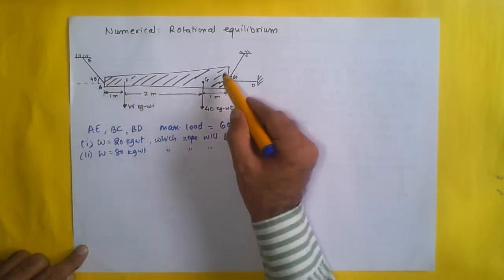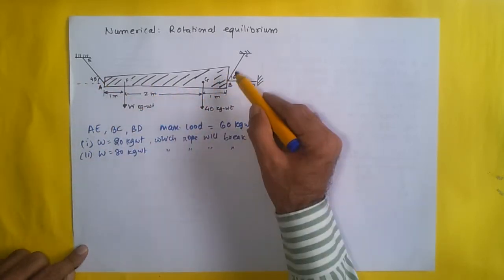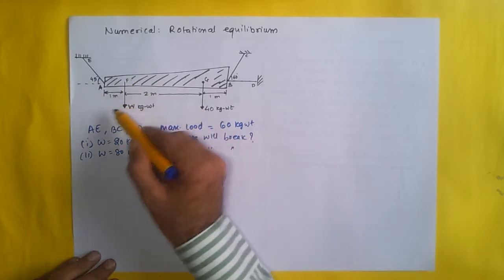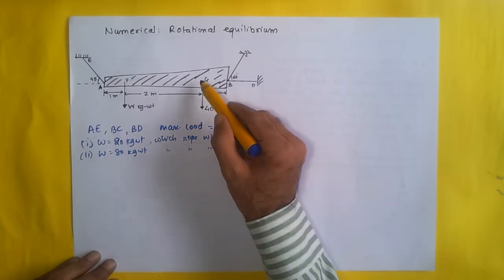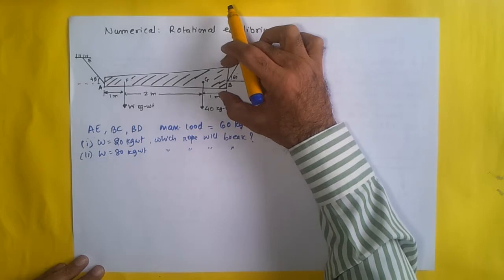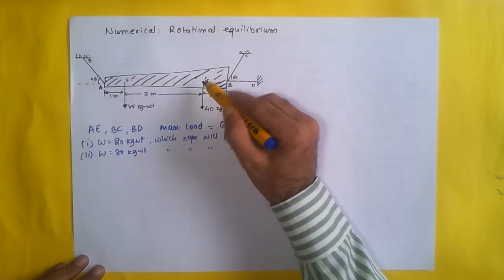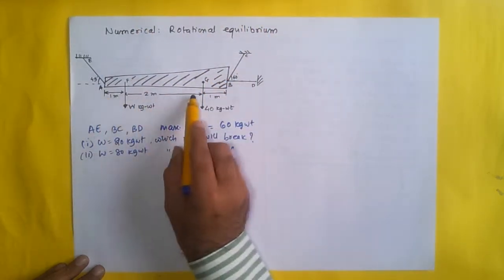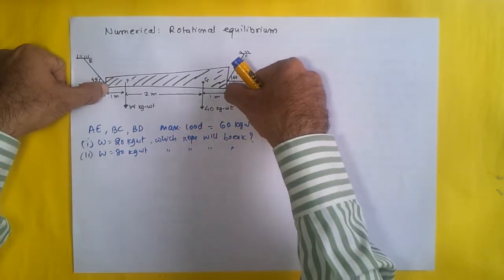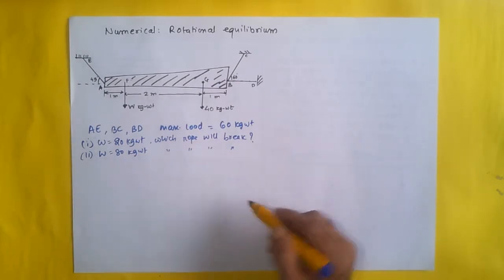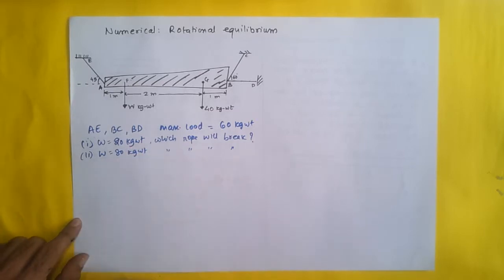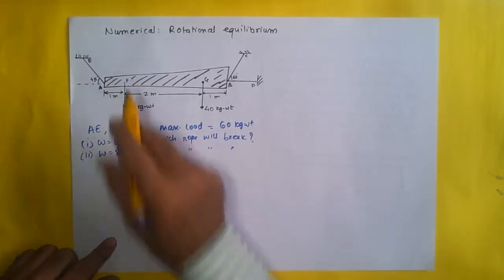As I said, a wooden beam, supported by 3 ropes, and the weight W is applied over here at a distance of 1 meter from this end, and G is the center of gravity of this. As you can very clearly see over here, we have more mass in this part. It is thicker over here, so there's more mass in this part. Therefore, the center of gravity is on this side, at a distance of 3 meter from this end, or say 1 meter from this end. And the total length of the wooden beam is 4 meter. And this is what we are expected to find out: which rope will break when we apply a weight of 20 kg and then 80 kg weight instead of W.